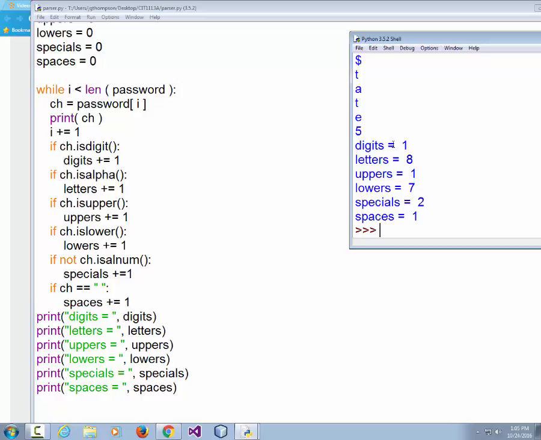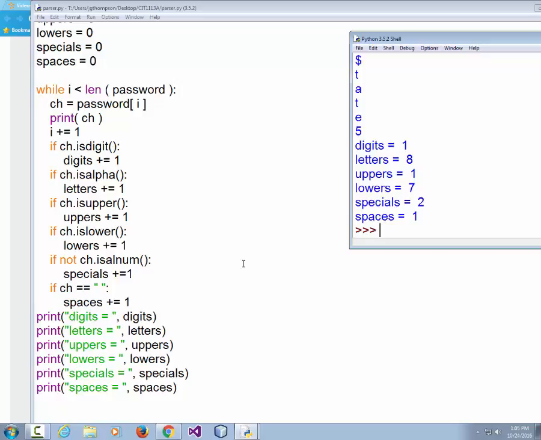Now if it runs for you and it displays the number of digits and the letters and the uppers and the lowers, you have enough information now to make up your rules about what a good password has to be. I guess the only thing missing is the length of the password. Quite often they say it has to have a length of 8 or greater. I'm going to wander around and make sure people don't have typos. But if you're up to this point and it's actually working,